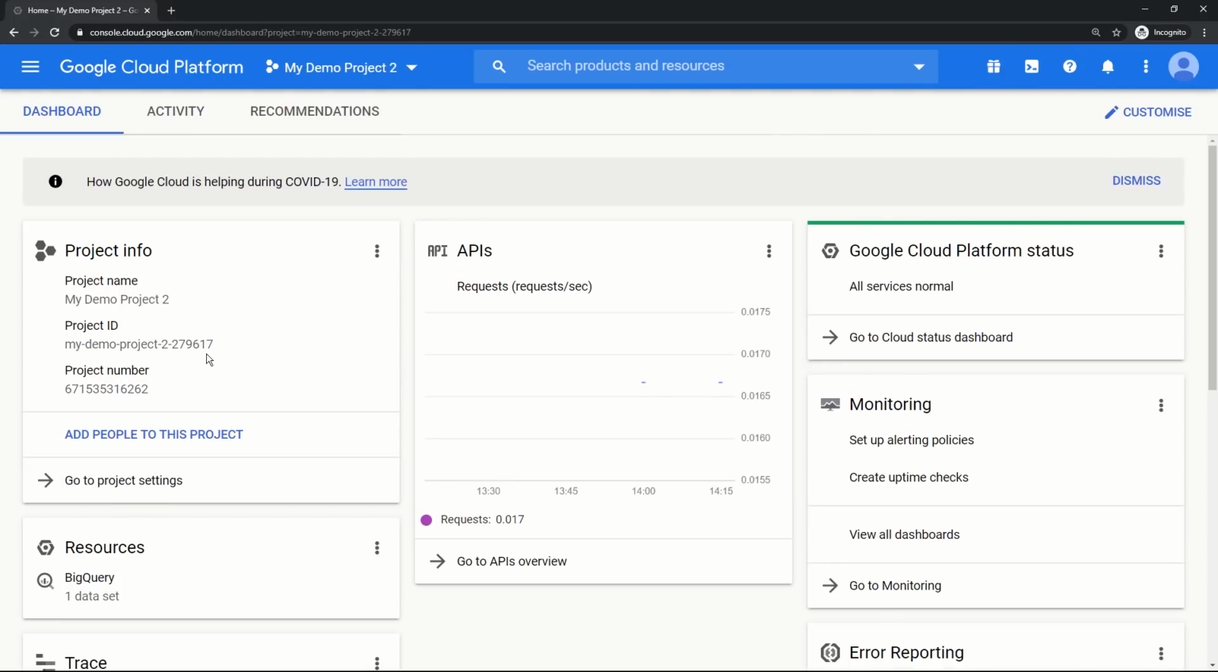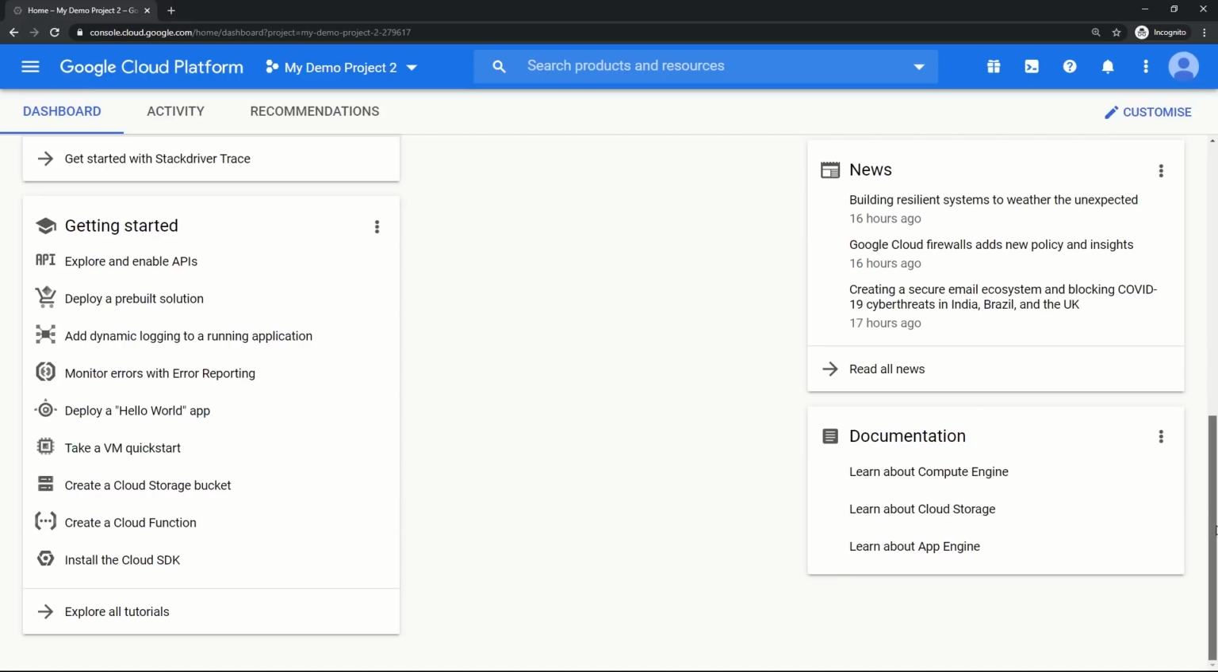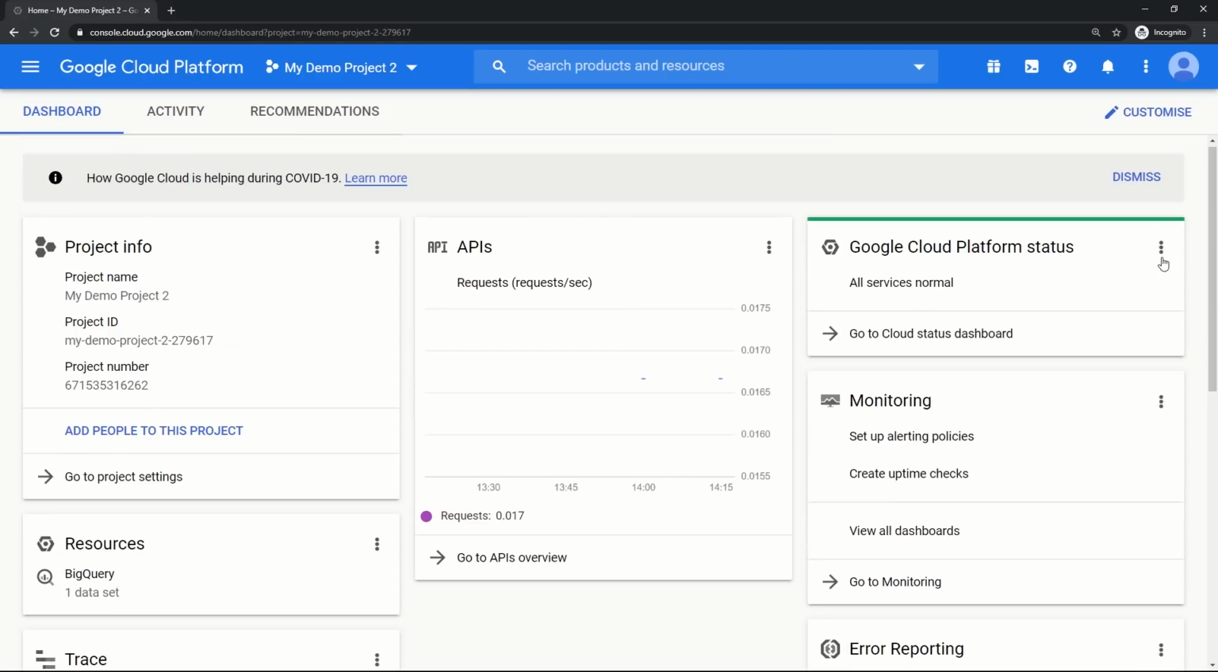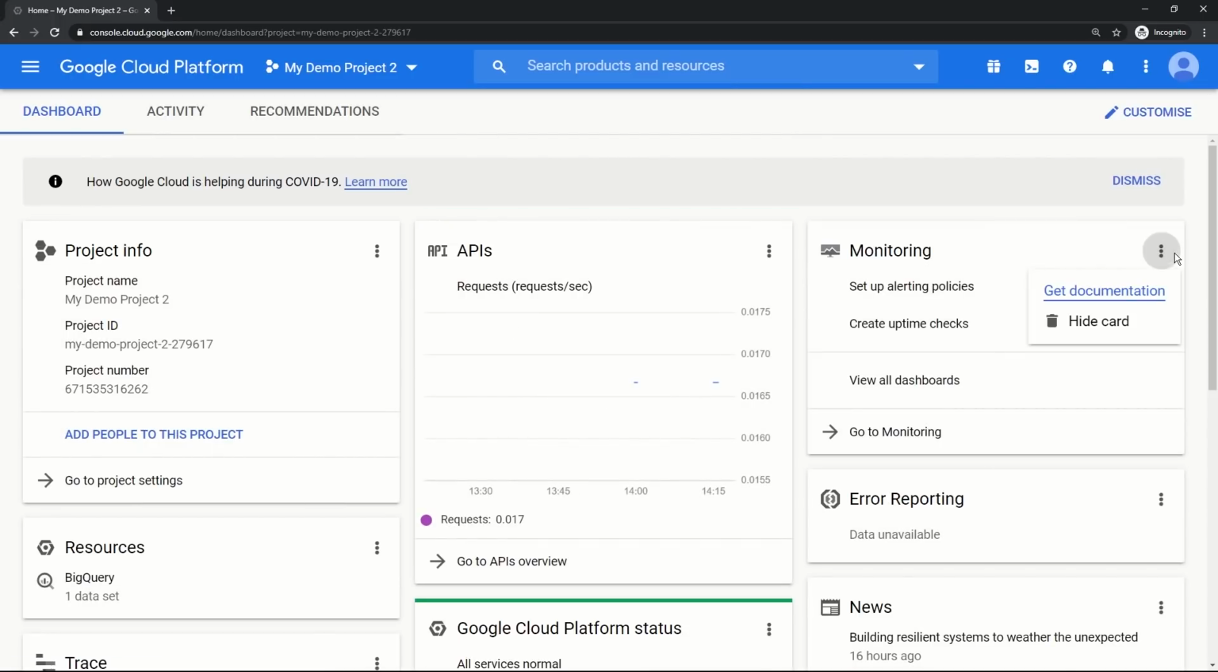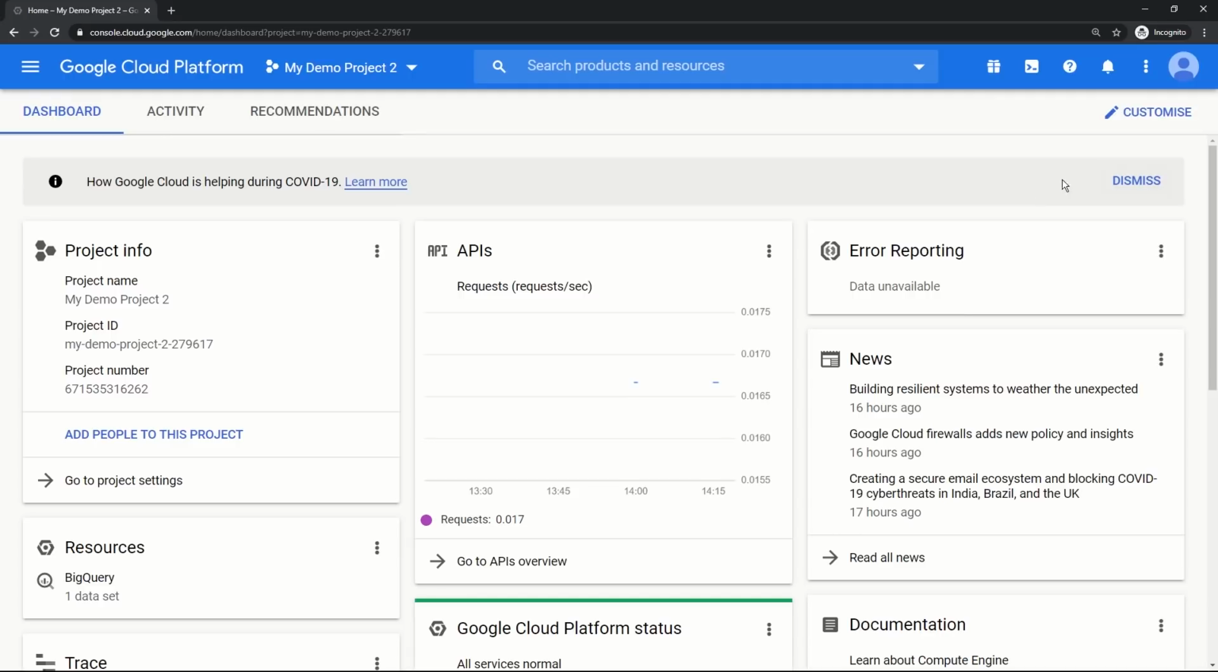This is our home page. So this is our Google Cloud Platform dashboard page. You can change the dashboard look and feel according to your requirement. You can move the cards like this, and you can hide the cards from here,